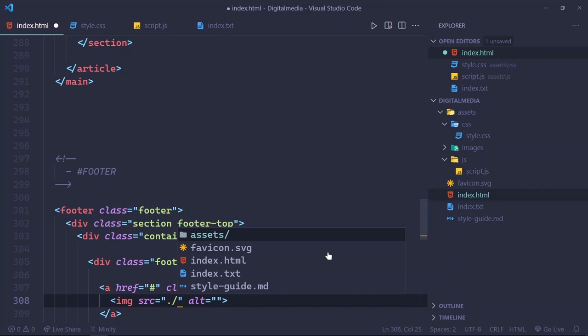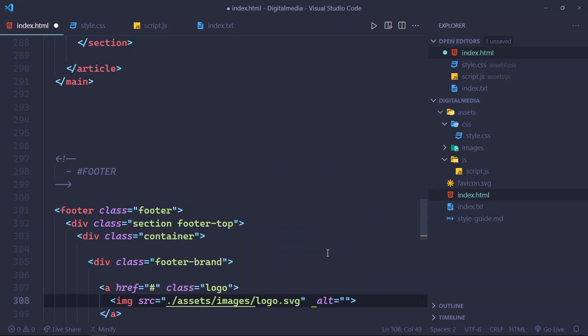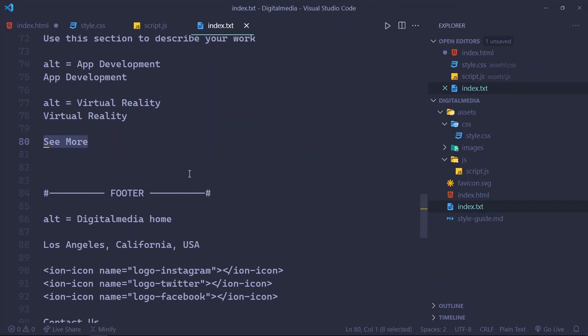Let's set the source, and width will be 205 and height is 40, and of course loading will be lazy. And let's set the alt,